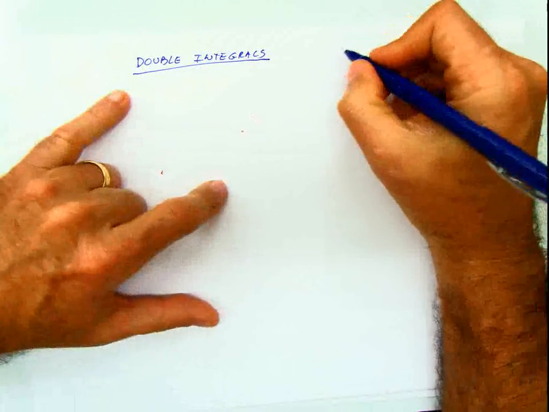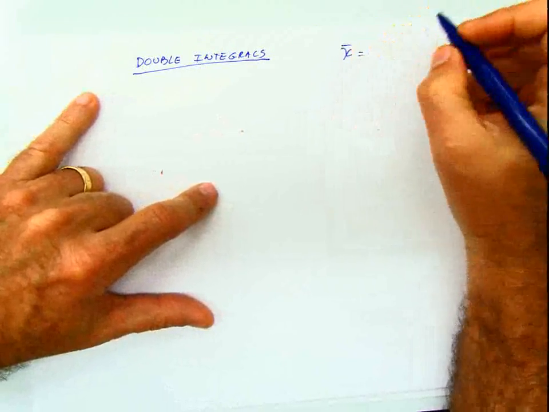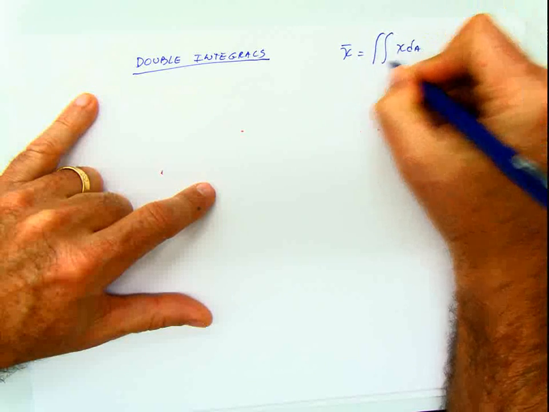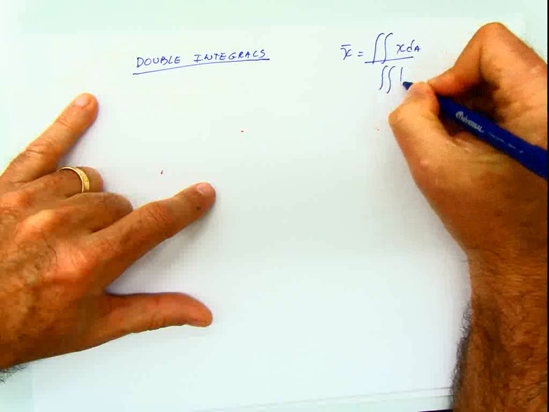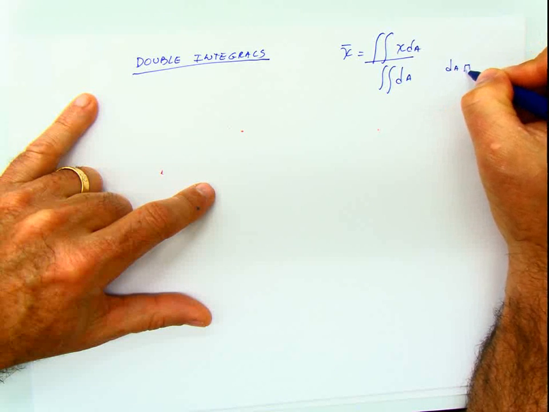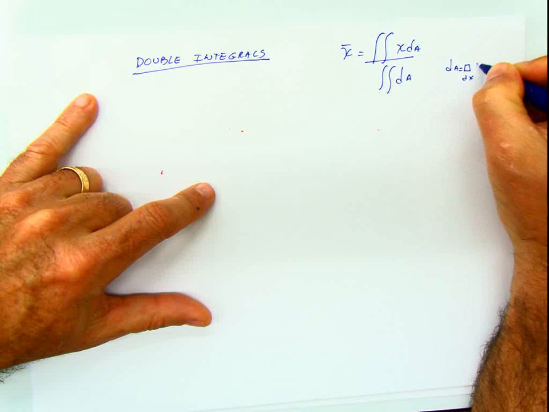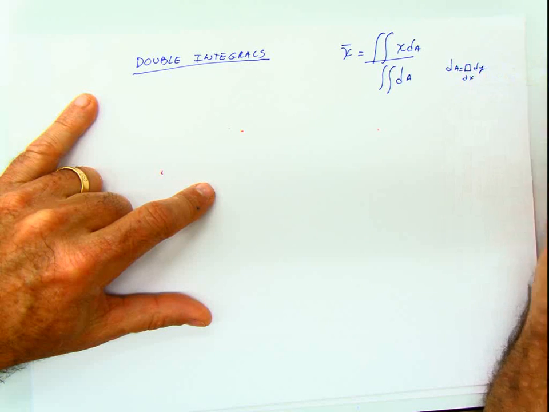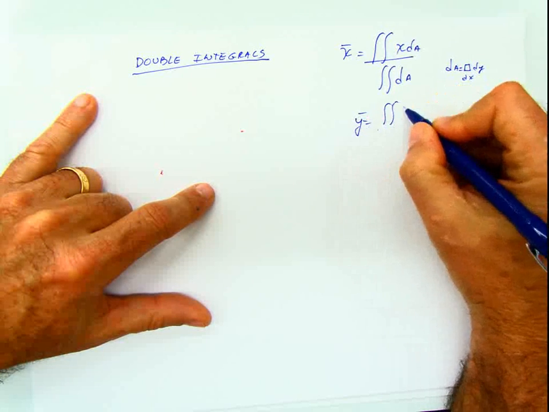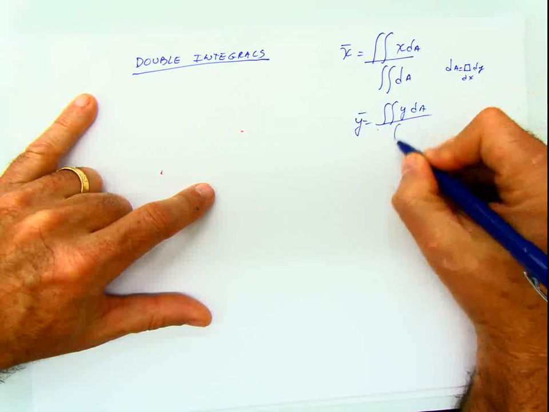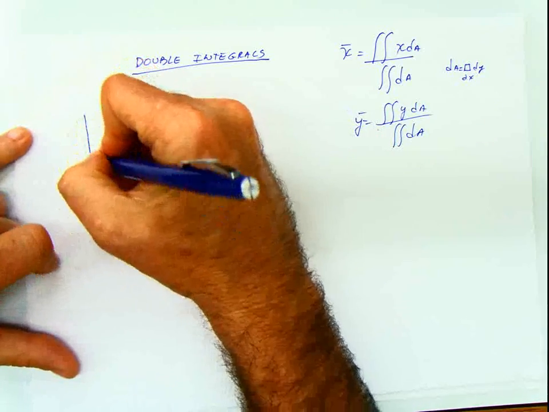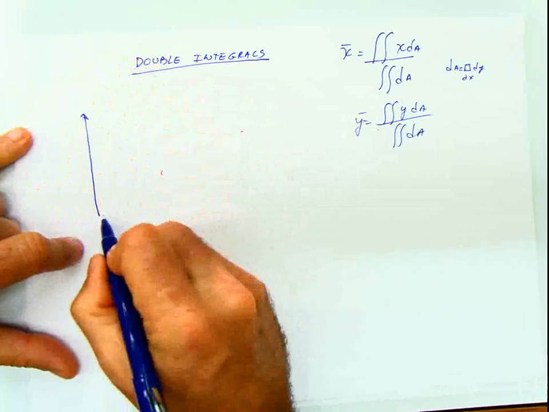If I'm going to use double integrals, remember the equation is going to be x bar is the double integral of x dA divided by the double integral of dA, because now my dA is going to be dx dy, so I need a double integral for that. And my y bar is also the double integral of y dA divided by the double integral of dA. Now going back to the same example again, I have this,